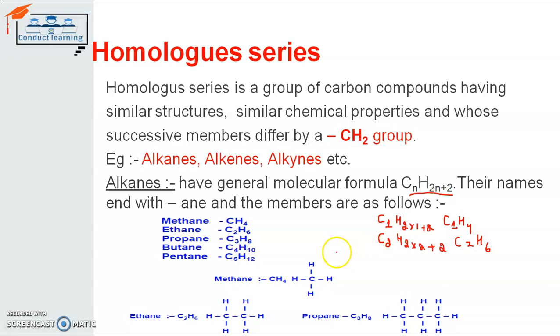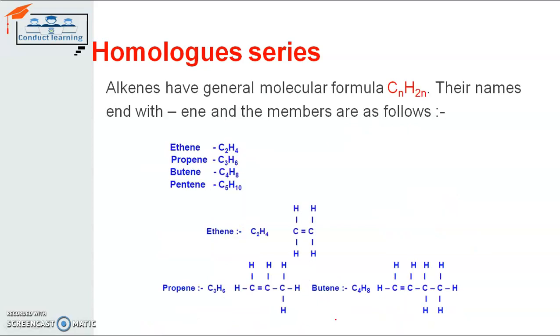Below the chemical formulas of different alkanes, the structures of the alkanes are given. Like the methane structure is given here, showing the bonding of carbon with hydrogen atoms, the sharing or covalent bonding of hydrogen atoms with carbon. Same for ethane and same for propane. So they are the alkanes which have CH2 groups, and they come under the homologous series of carbon compounds. Another example here is alkenes. The alkenes molecular formula is quite different, which is CnH2n.